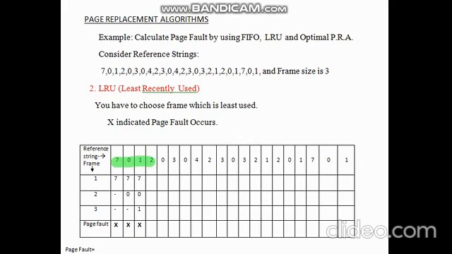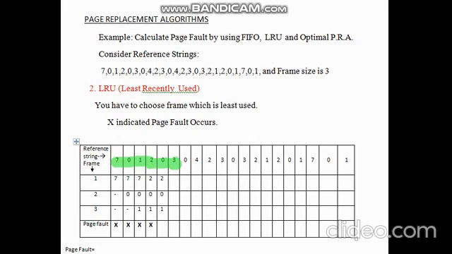Now suppose you have to position number 2, it means CPU demands page number 2, using the least recently used, means LRU algorithm. 7 is least recently used, so 2 is replaced on 7, means 7 is swapped out, and in place of 7, 2 will occur. Now 0 overlaps on 0, so a page hit will occur.